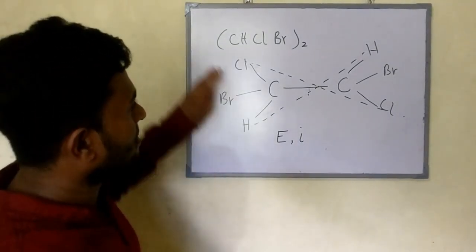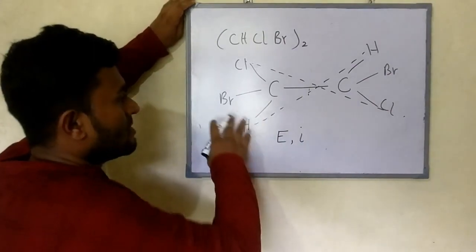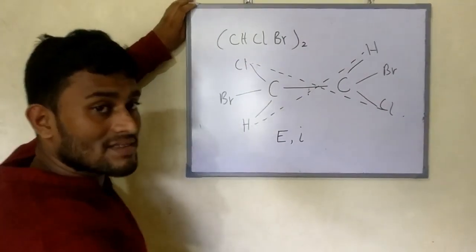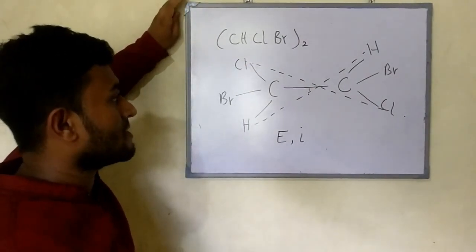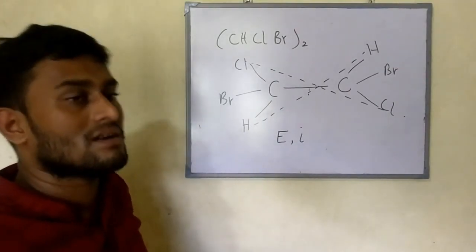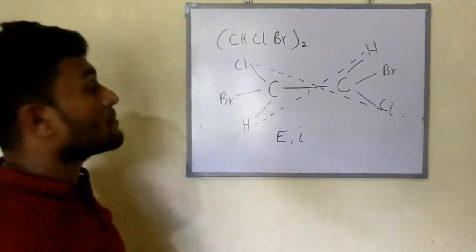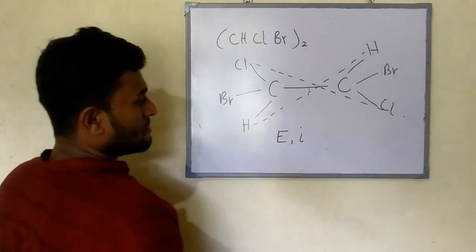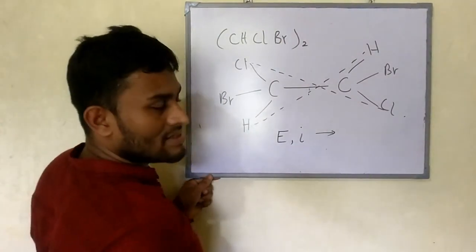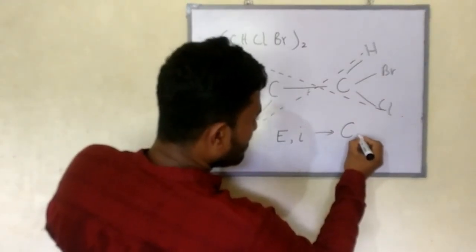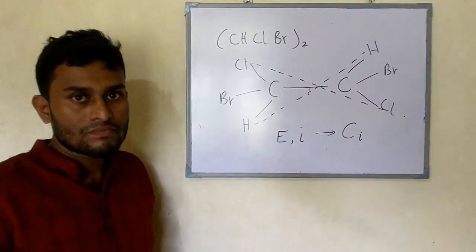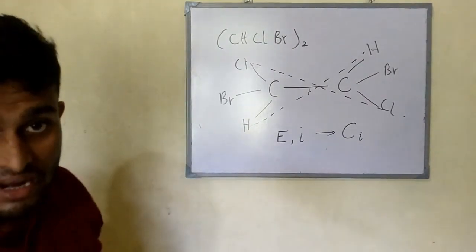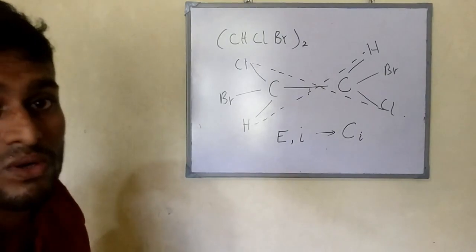Then plane of symmetry. This is not in a plane. Everything, one atom in the outside, other atom in the inside, so you cannot take a plane of symmetry. If those things are absent, then you can't take an improper axis of symmetry. So E and I are the only possible symmetry elements. If E and I are there, your Schoenfeld symbol will be Ci. So this is CHClBrI, and these are the symmetry elements and Schoenfeld symbol. So let's move on to the next example.